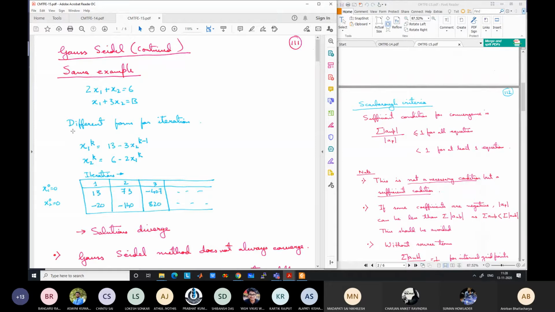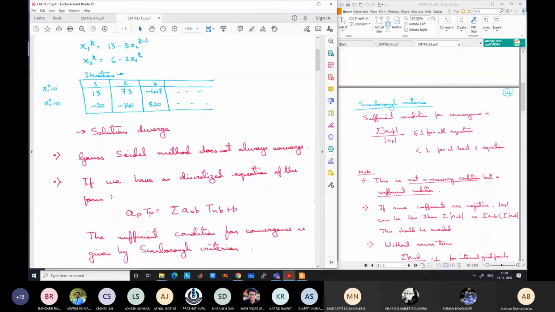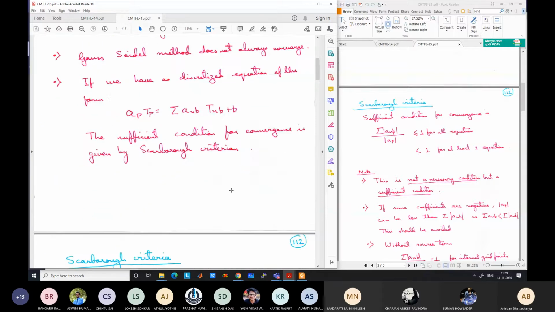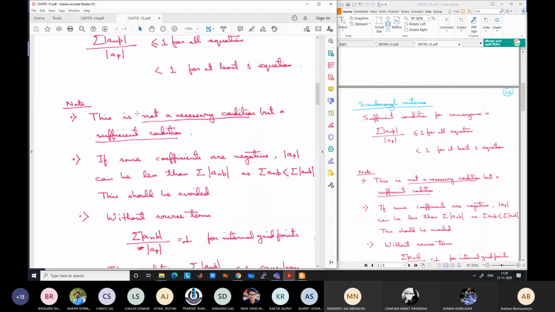We cannot guarantee that convergence will occur. So in this case, solutions have diverged, but in some cases, it might have converged if luck was good. So the main point is that in discretization also, we can change the way in which the equations are discretized, so that we try to satisfy this condition if you are using those methods. Not line by line TDMA, which we are going to study later, for which case it is not required.